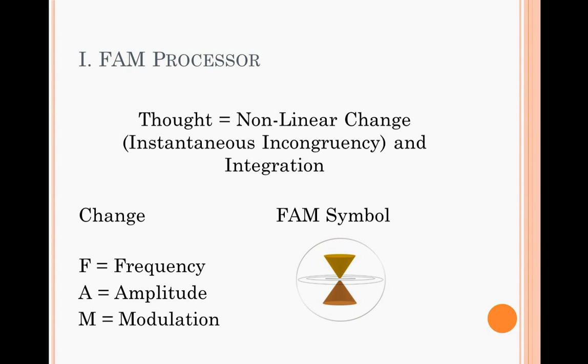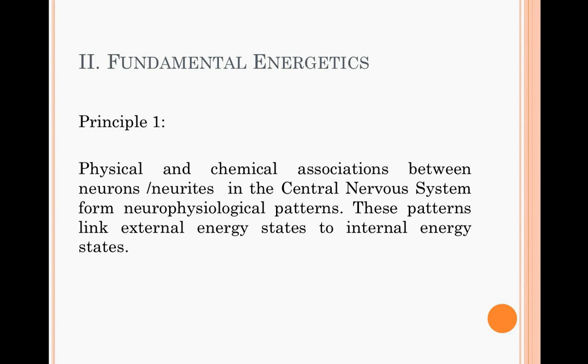Basically, what THAM stands for is Frequency Amplitude Modulation, and the THAM symbol you can see is at the bottom right. Basically just taking what was mentioned for the V1b, the layer V1b in the cerebral cortex, and how it does frequency as well as amplitude modulation, and this is what causes thought, which is going to be the change and integration of the electrochemical signals that are produced in the human cerebral cortex. This is going to be, as beforehand, with the idea of energetics, and this is the fundamental of the energetics.